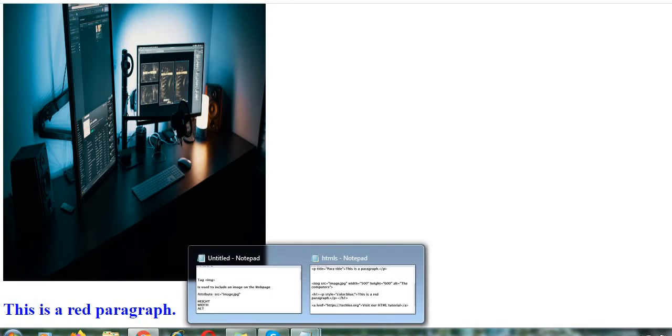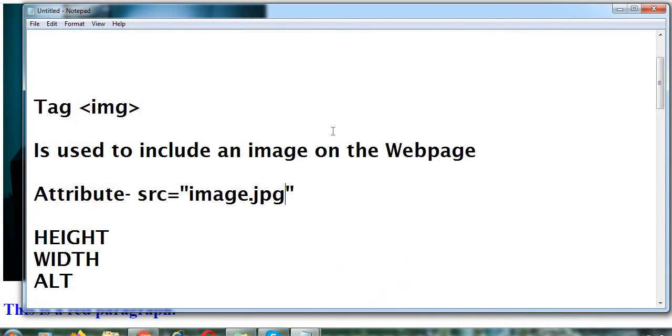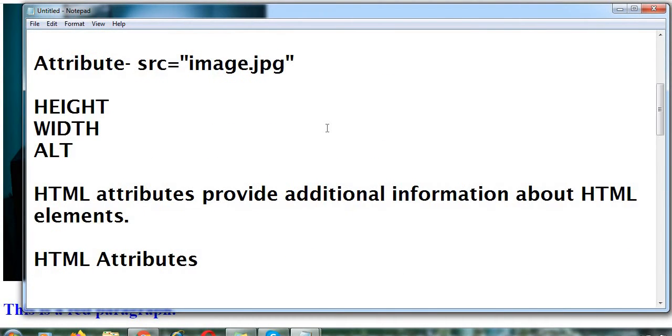Now moving forward to the next thing which we came here for. First of all we need to know about attributes. There are some specific attributes for some of the tags and there are some common attributes. So let's start with the attributes.